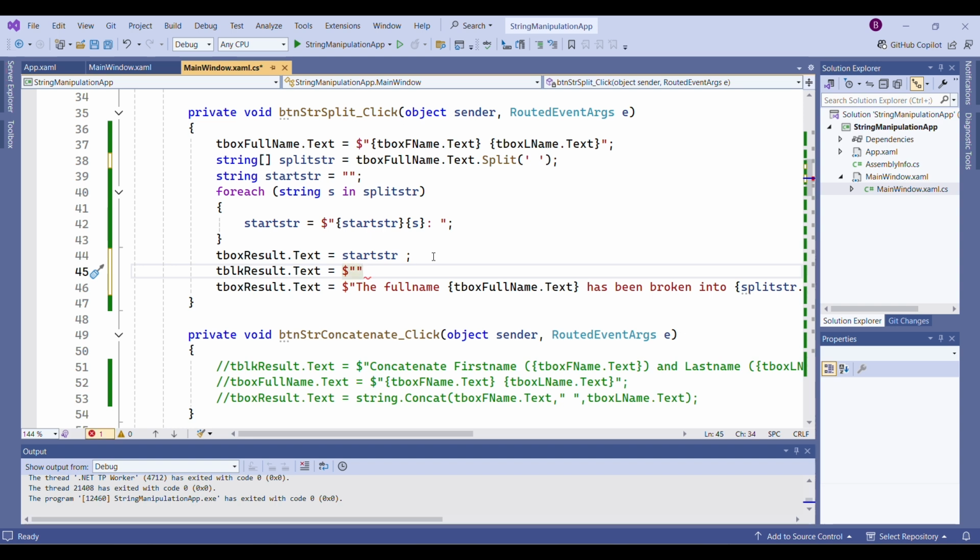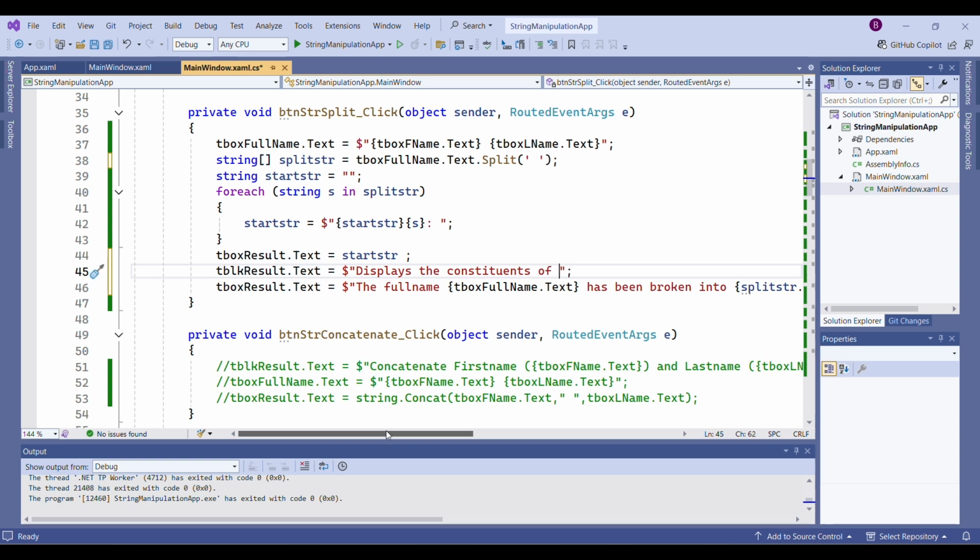So we can say here the label is, it displays the constituents of splitting